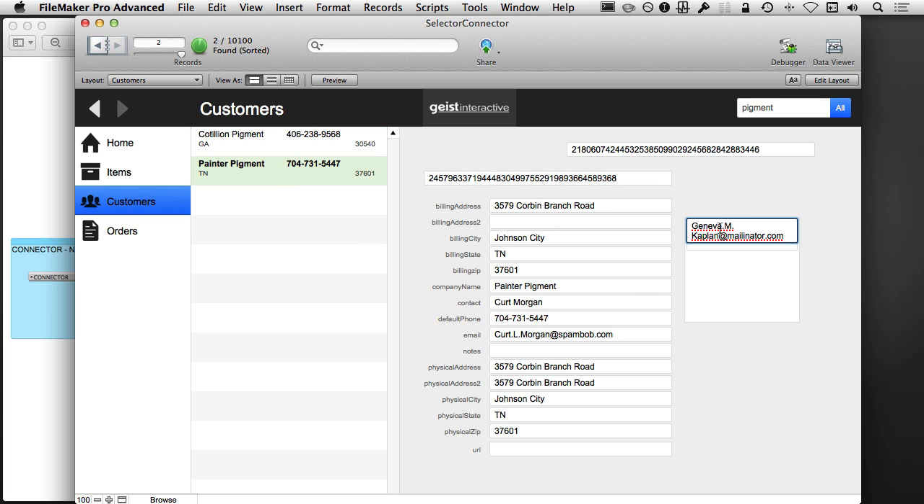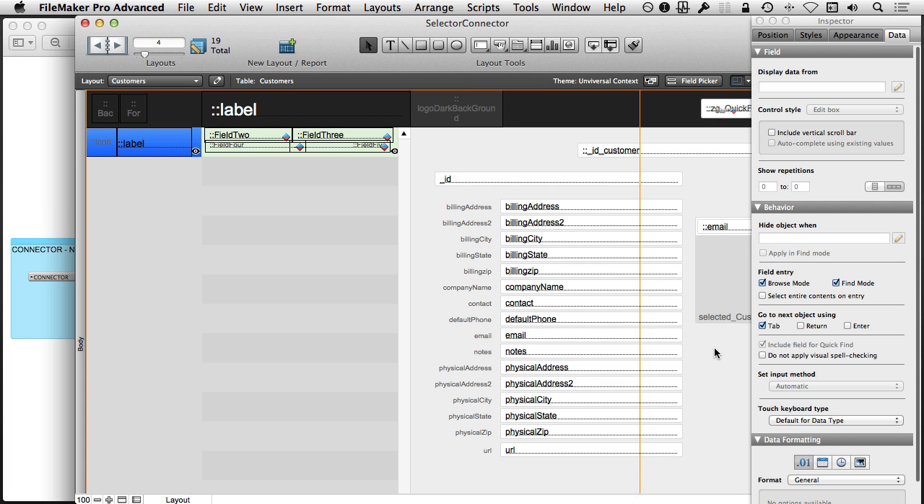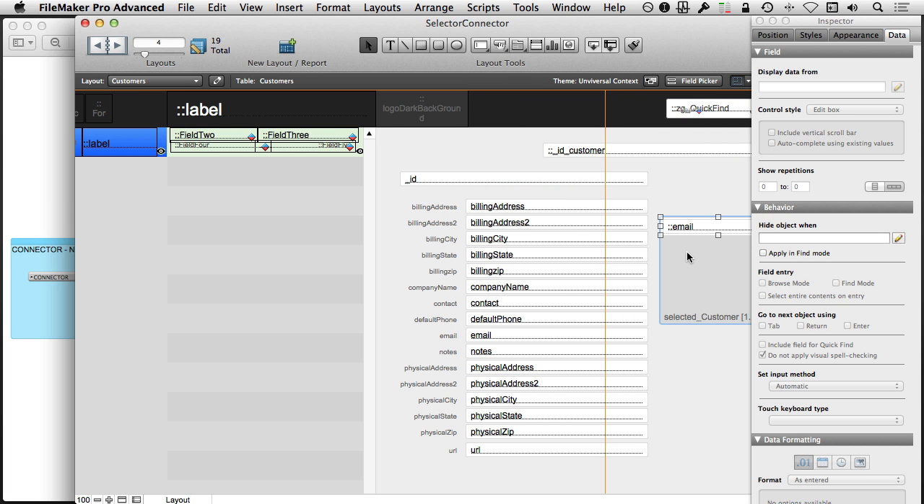Now here we can see that Geneva, there's her email that I put into this selector table occurrence. If I simply change that ID, then of course it would change now to Kurt L. Morgan. The cool thing is, watch what happens when I take a copy of this